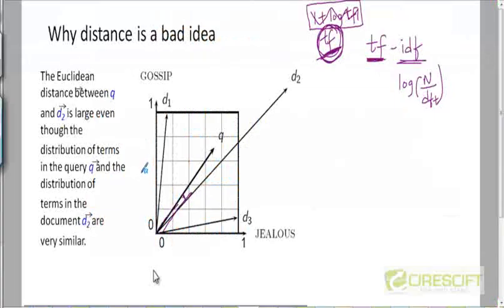Take a simple example to show what exactly we are trying to do over here. Let's just take two dimensions. Okay, let's work with a query